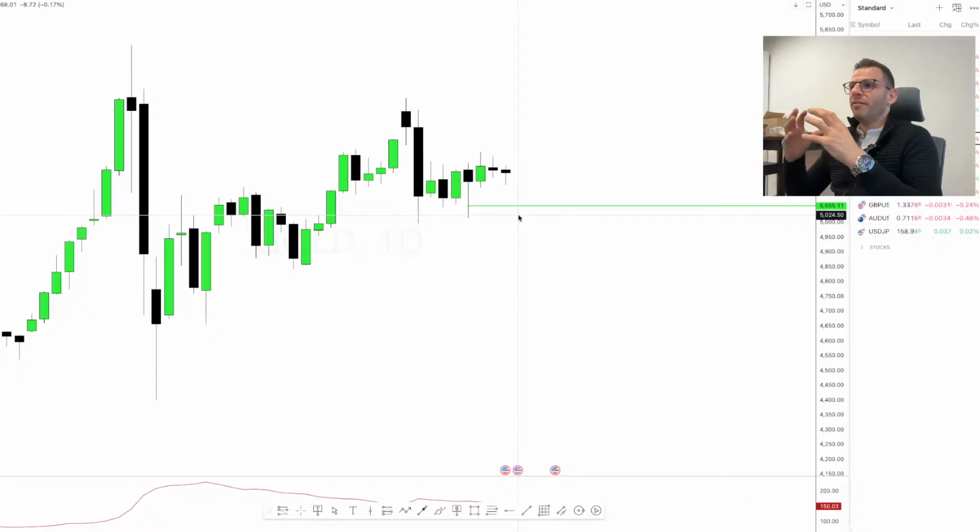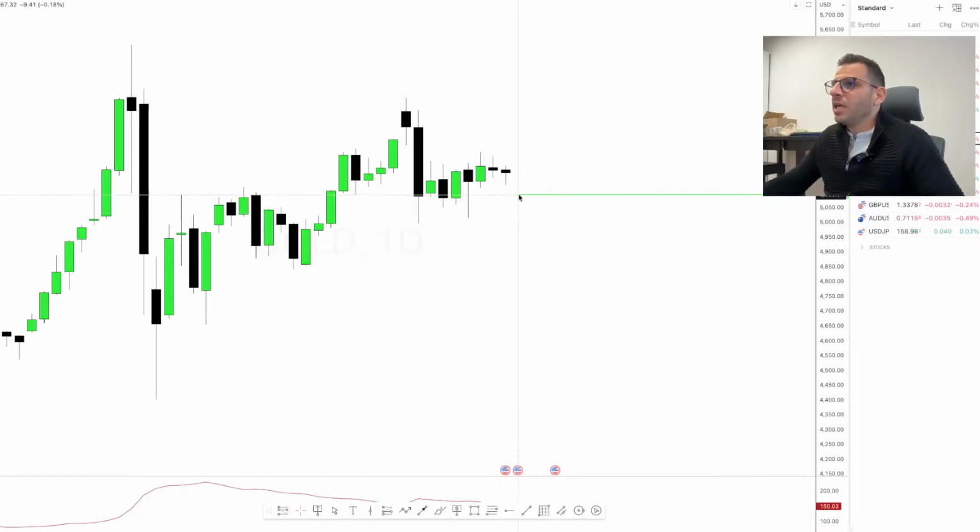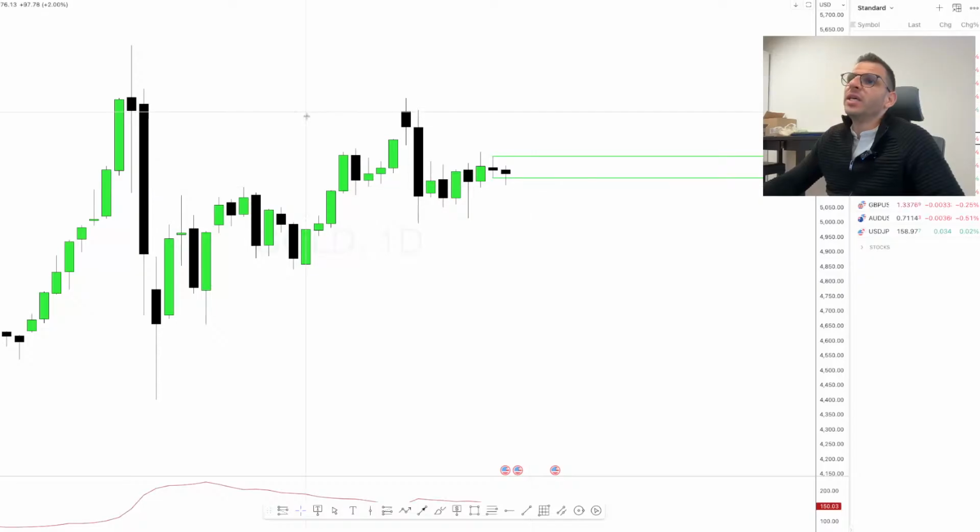So if we start with the gold, let's start from the daily chart to understand a little bit the vibe of the market. First things first, we want to identify some key levels of support and key levels of resistance. I will go from the previous day's low first as the key support, previous day's high as the key resistance, and currently the price is around this key level of support,